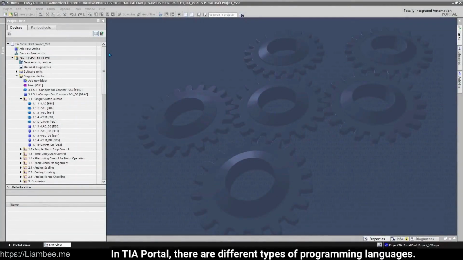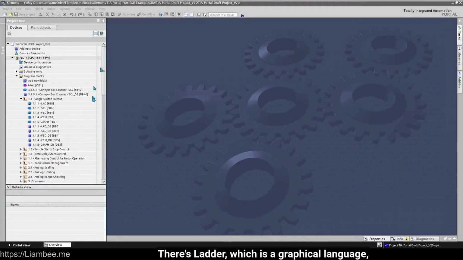In TIA Portal, there are different types of programming languages. There's Ladder, which is a graphical language, and structured text or structured control language, which is a textual language. But predominantly, all of the different languages available aim to serve one purpose, which is to allow you to write your logic. Some languages have strengths and some have weaknesses, and when used together, you get the most out of